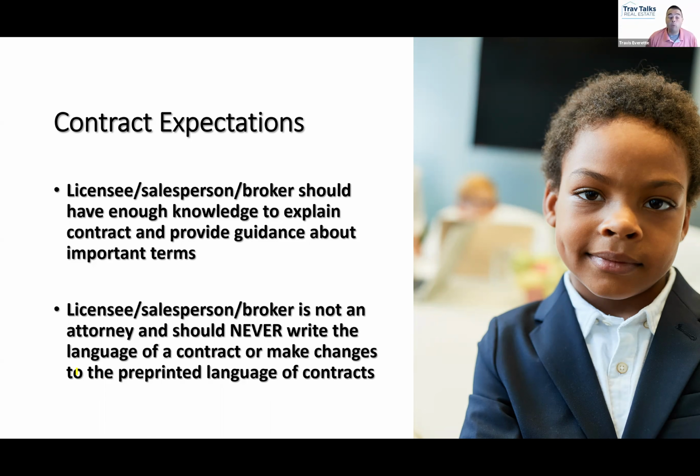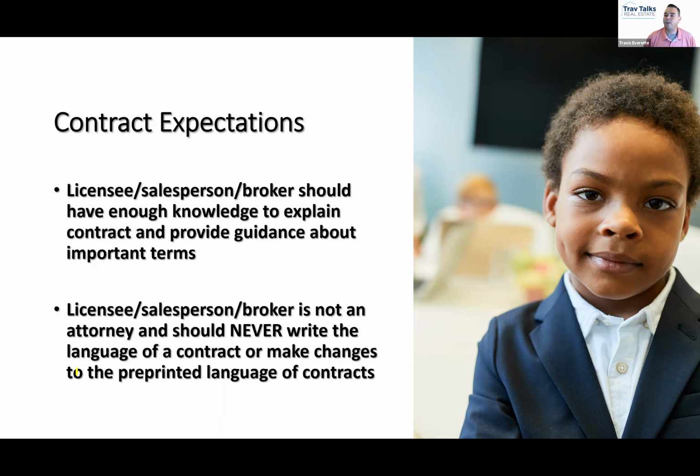Can I help a buyer? If I'm the seller's agent, the listing agent, can I help a buyer fill out an offer to purchase contract on my listing? Yes. And I don't represent that buyer. I represent the seller. So the buyer's my customer. I can help them. I want to be clear about that. Can we help people without representing them? Yes. But that's not the people we're going to give contract advice to.